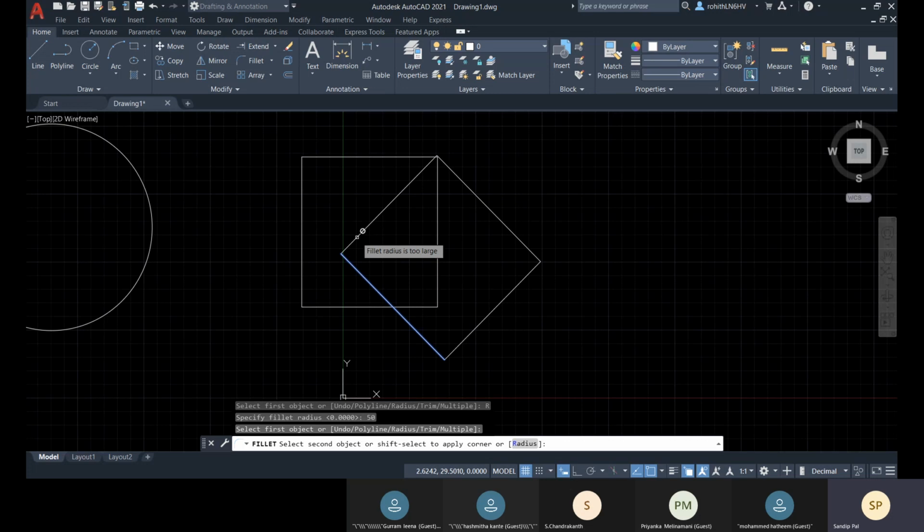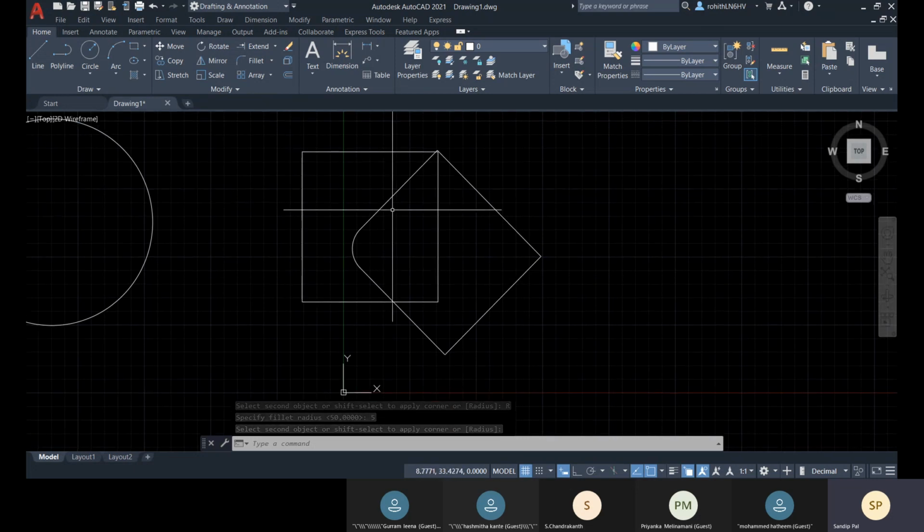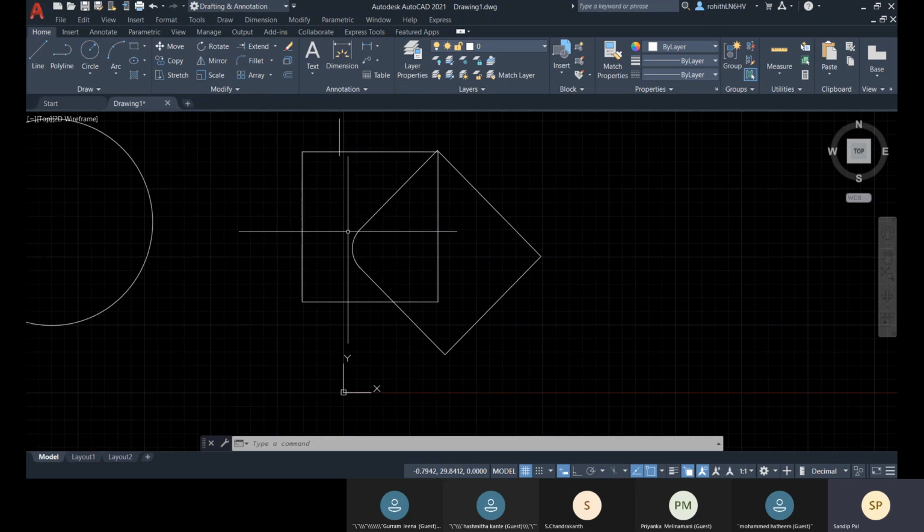It's mentioning that the fillet radius is too large. Again, you can come to this radius option and change it. Let's go for 5 and see. Okay, so here it is. And as I told you, within a single command it's a single operation at a time.